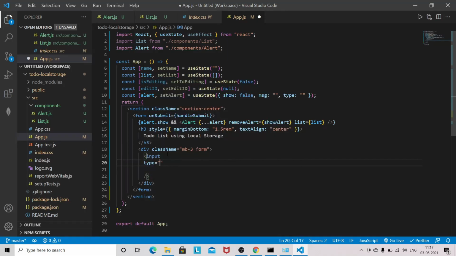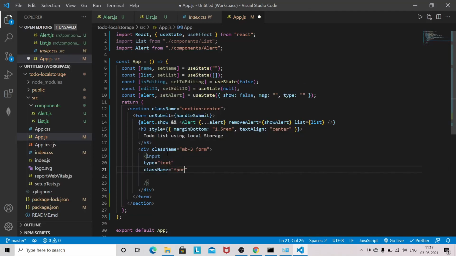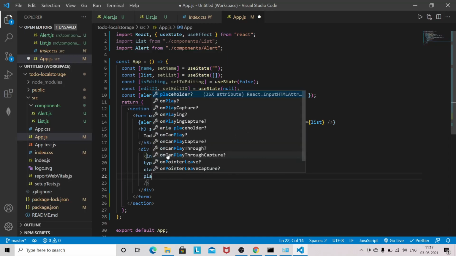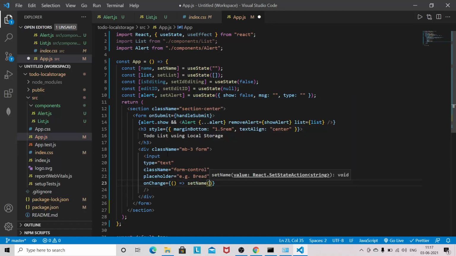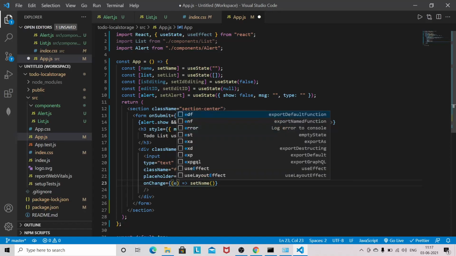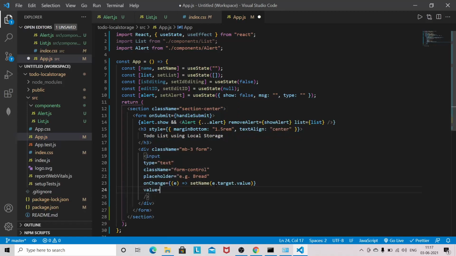and the type will be text, class name, this is again a bootstrap class name, and placeholder I will give like, for example, bread. onChange. So setName, so we can set the name directly here. So e.target.value,